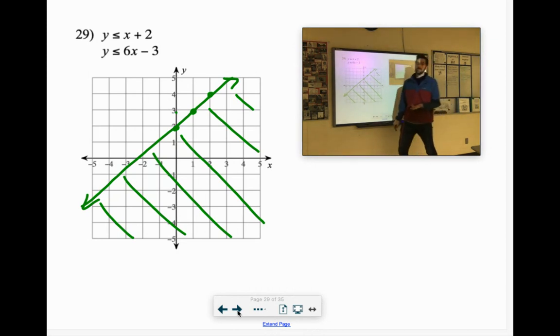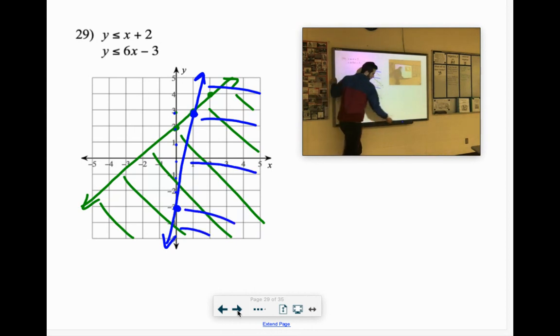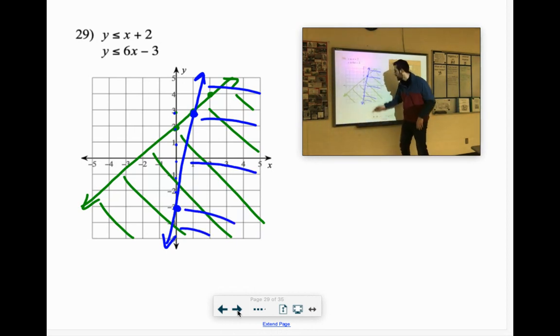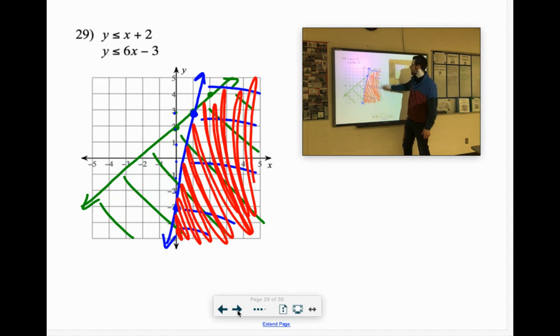Second one, 6x minus 3, starts at negative 3. The slope is 6, so you go up 1, 2, 3, 4, 5, 6 over 1. It's the or equal to, so we know it's a solid line, and it's less than, so that would be everything below that line. So they overlap in this bottom right section here. These are all solutions to